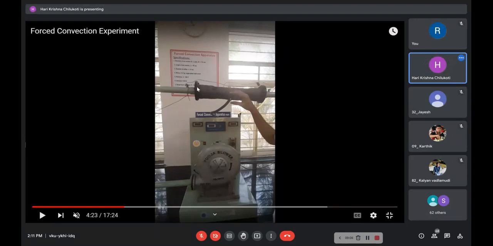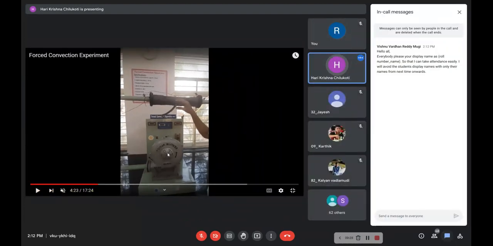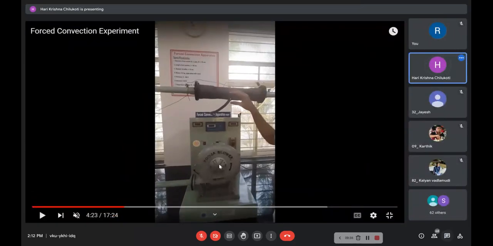Here the flow is induced by external means. We are using a blower to induce the fluid motion through the test section region. Because of that, we call it forced convection. If the fluid motion is induced by natural currents, then that type of heat transfer mechanism is called natural convection. We will see in the other experiment where we induce the heat transfer from a fluid which is in motion